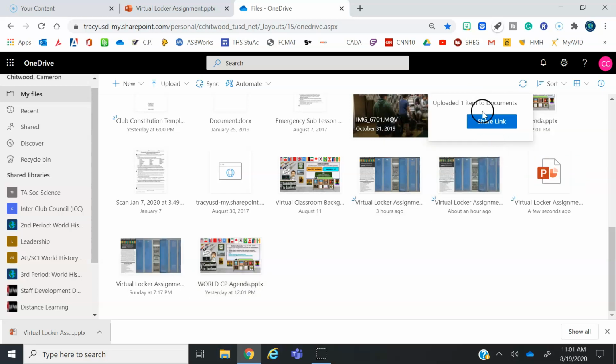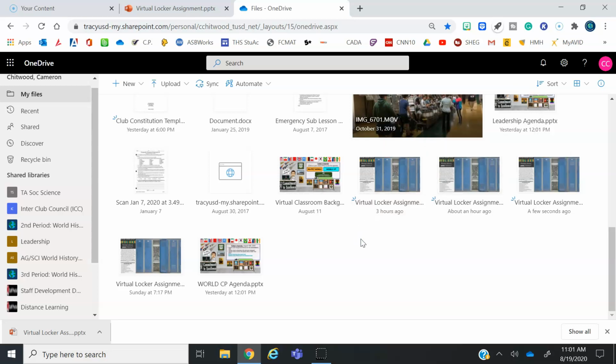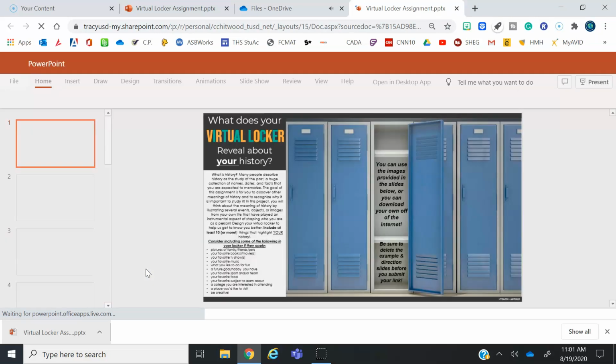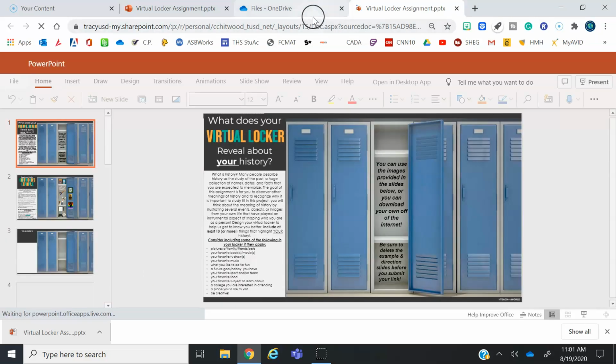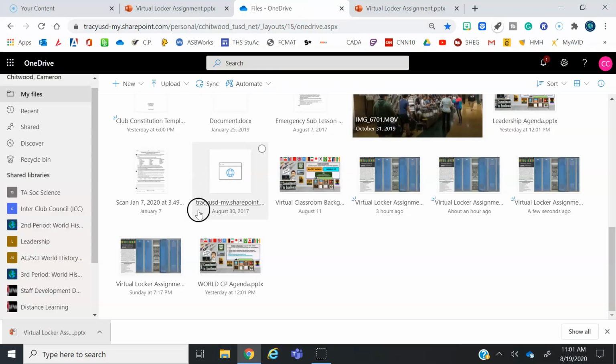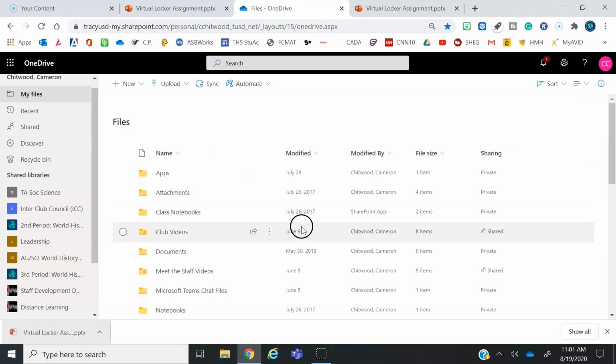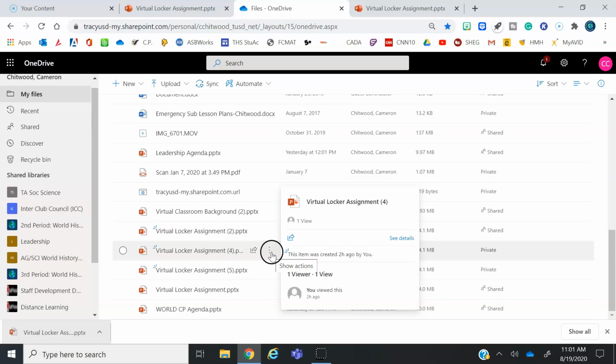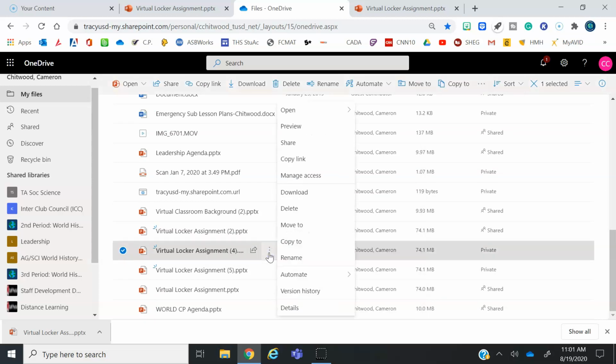And then you're going to see that it says share link. So if you're ready to share the link now, you can hit that, or you can wait, since you don't have to share this assignment until next week. You find the assignment you just uploaded. It's right here. Make sure that everything is good to go. You'll go back to your OneDrive. And because most of you will probably be in list view, you can either right click on the assignment, or you can see these little 3 dots. If you hit that, it'll bring up this toolbar where you can hit share,